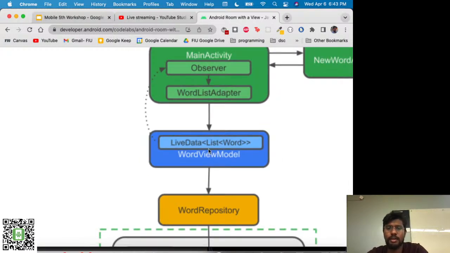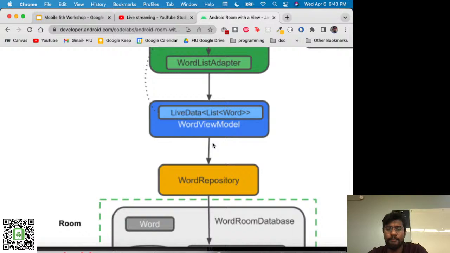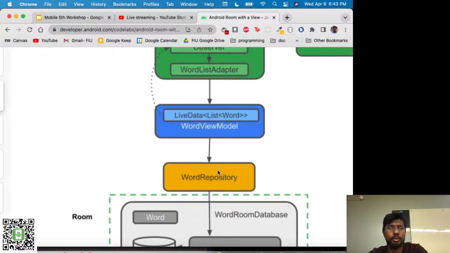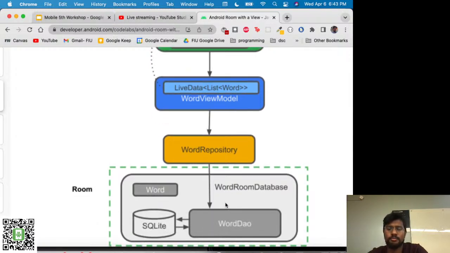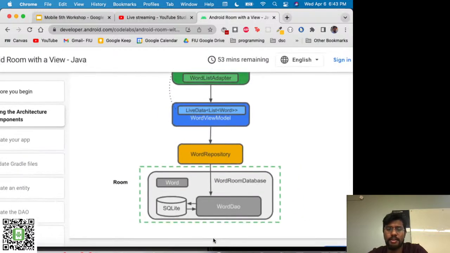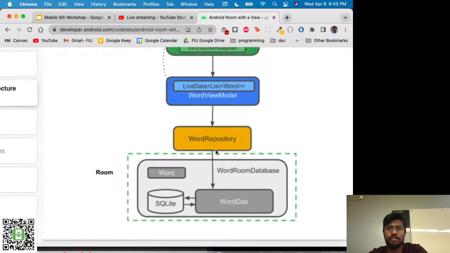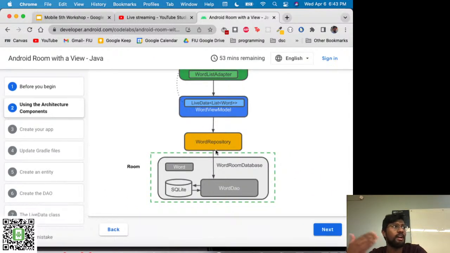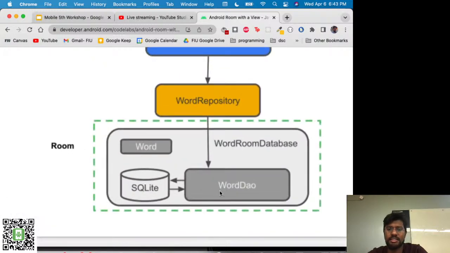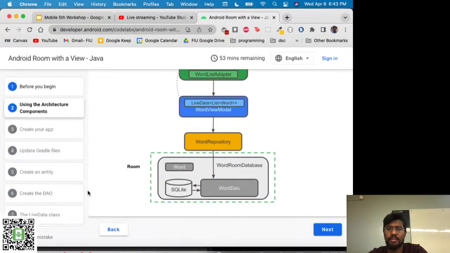So which is over here, and that will be updated by our word repository, where the word repository has access to the database from Room, and essentially it uses the DAO or data access object, which is just a couple of methods that allows you to access the database. And yeah, exactly as that does, it'll go within SQLite. So it goes within, takes like SQL functions and everything to get data,